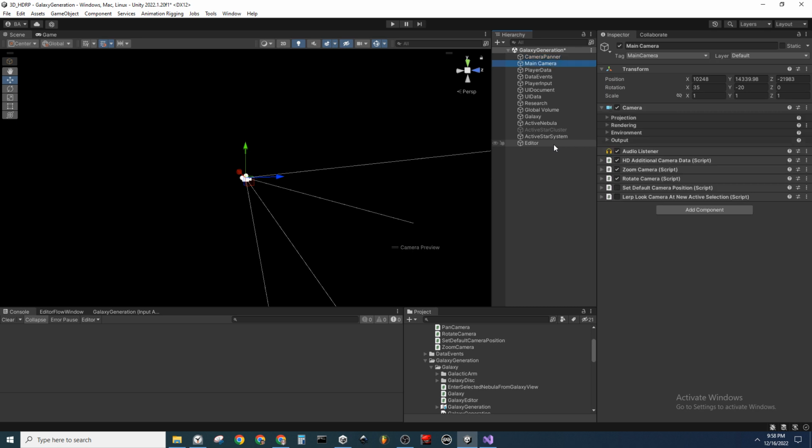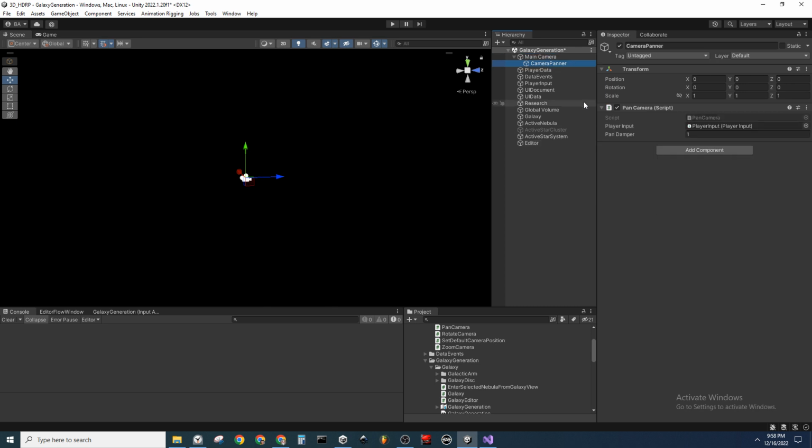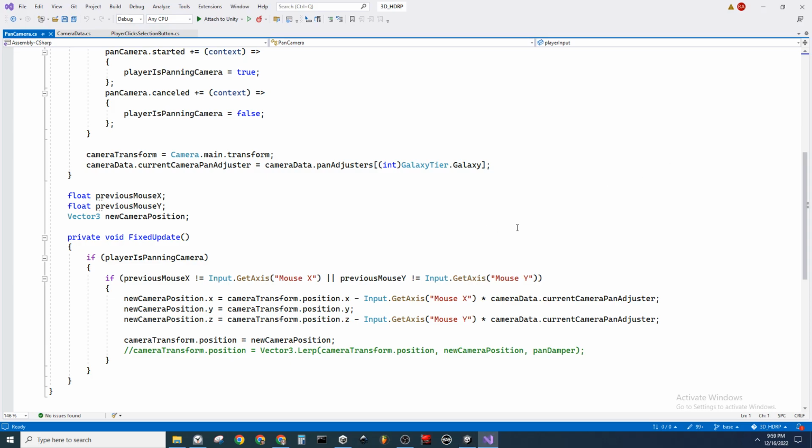Instead, if I have the camera panner parented like this, and I match the panner's Y rotation, then pan camera, this will in fact